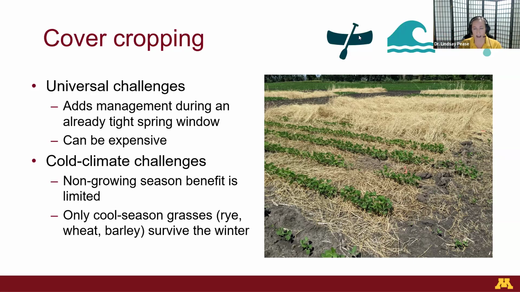Now, this photo that I have on a slide is from a timing and rate trial that we're doing in West Central and Northwest Minnesota. We call it our Planting Green project. And basically, what we're trying to do is prove that you can plant soybeans into a living rye cover crop successfully, even in our far north cold climates. And so far, the answer is yes, you absolutely can do this.